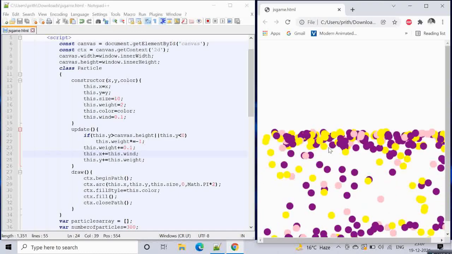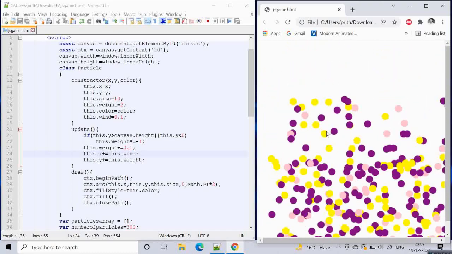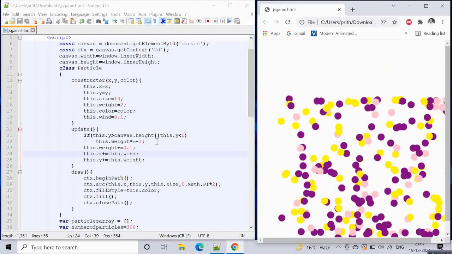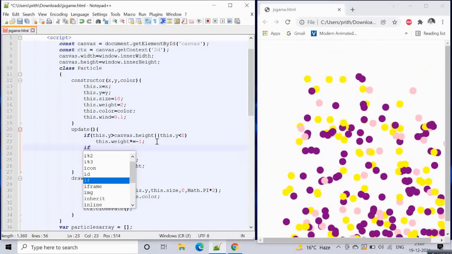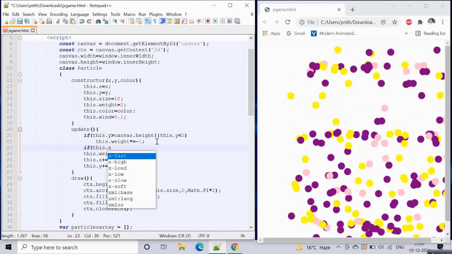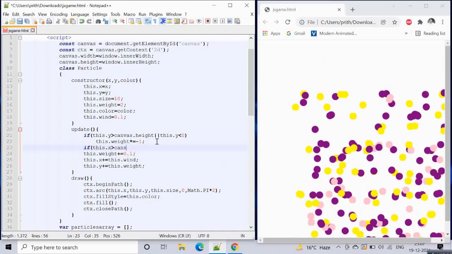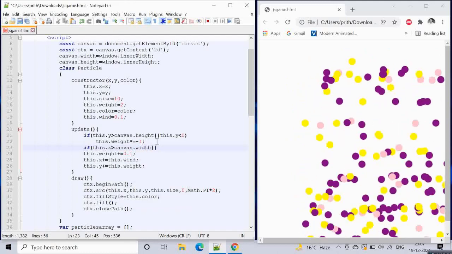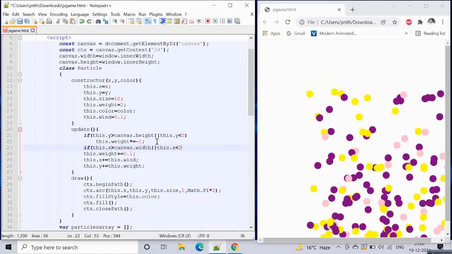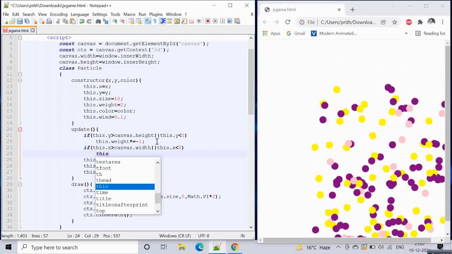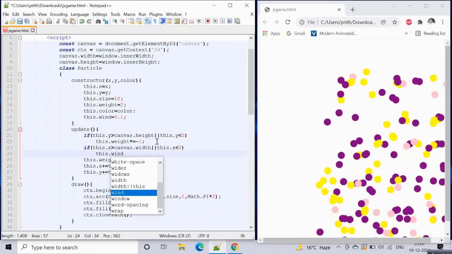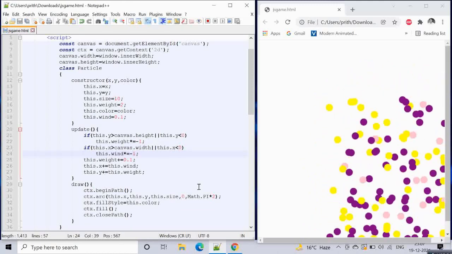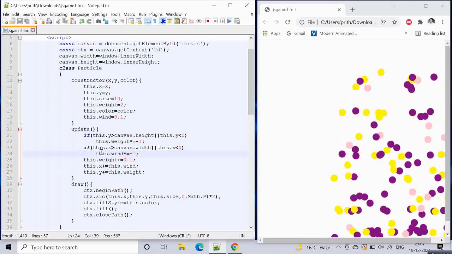But then we don't want it to go out of the screen. So we can give a condition: if this dot x is greater than canvas dot width, or this dot x is less than 0, then we want to change the direction of the wind. So multiply it by -1, so that would change the direction, and since the direction is changed, it will be like subtracting the wind.